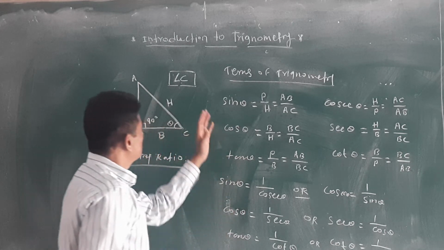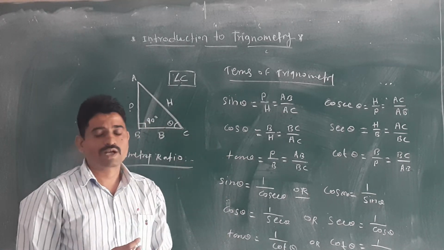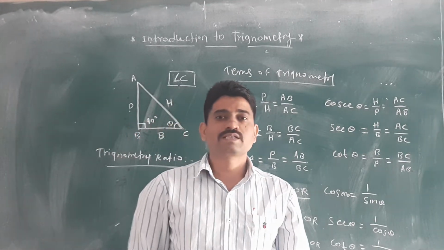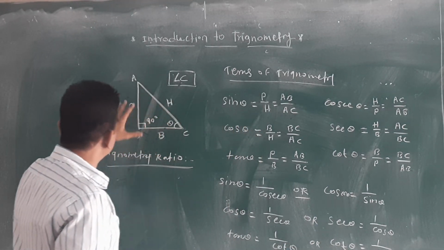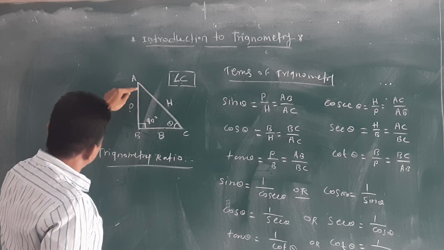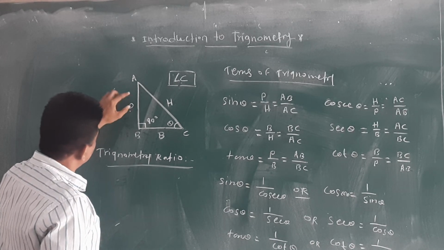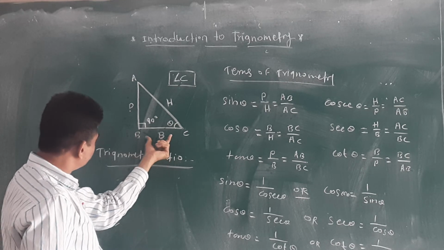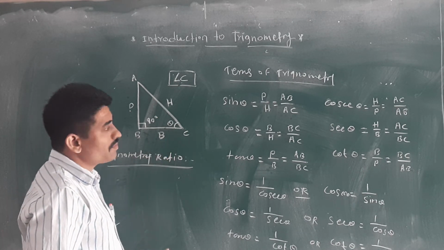In this way, in the introductory part, you should remember these terms of trigonometry: sin theta, cos theta, tan theta, cosec theta, sec theta, and also cot theta. You should remember them with the help of this. If the angle changes, suppose here theta is given, then this side will change. Here we can say this side AB is the base side and BC is the perpendicular side. All of you getting this?